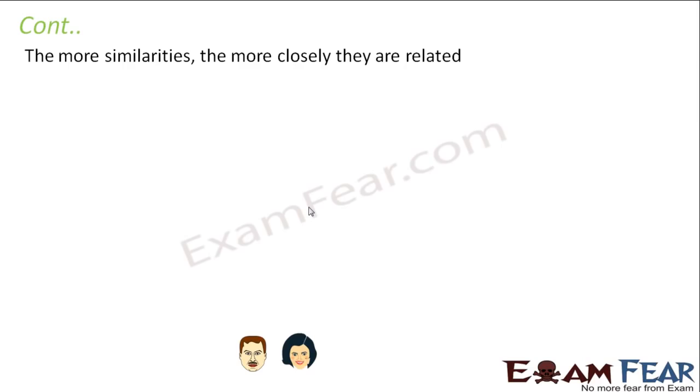So let us try to understand this with an example. Let us suppose this is a couple. They get married, they have 2 kids. Now these 2 kids look very similar to each other. Like 2 brothers, they have a lot of similarities, right? So here also we see they share many common things between them. So they look very similar.